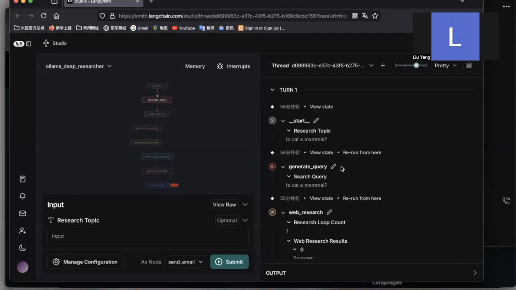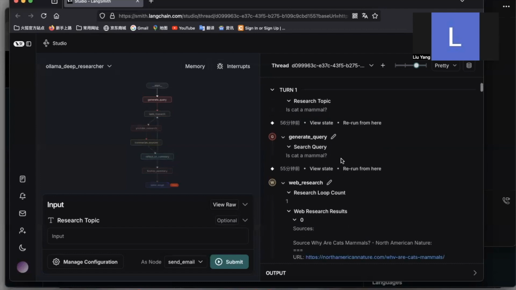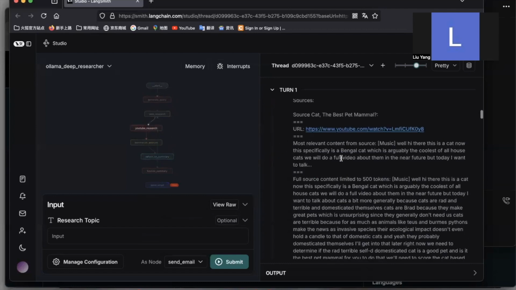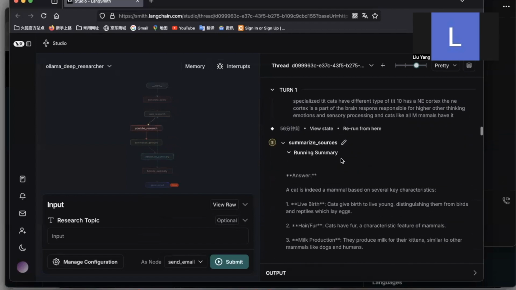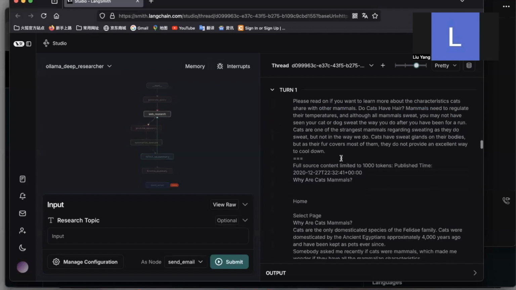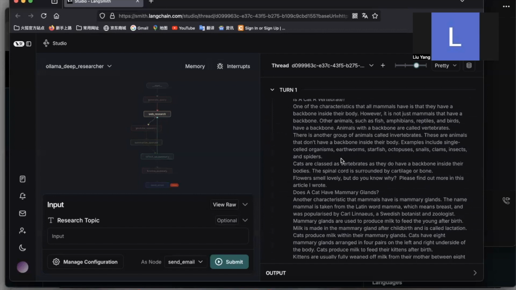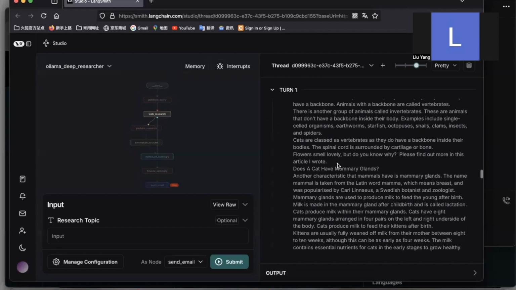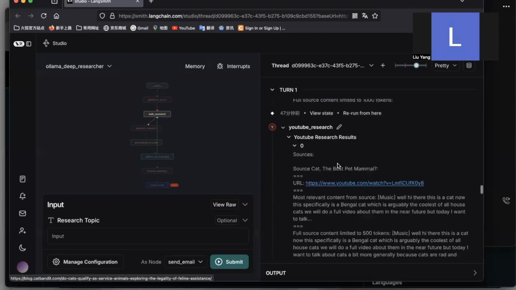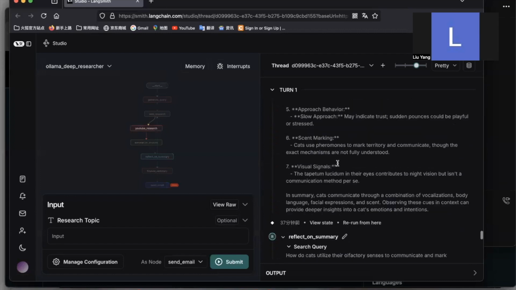Here I will show the whole process of how DeepSeek is running and its reflection and the summary. Here you can see. For the most part, it runs successfully. However,